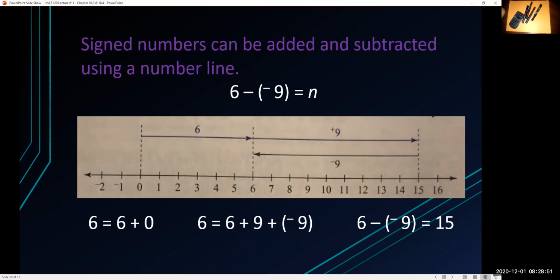So the first dotted line is associated with the idea that 6 equals 6 plus 0. That second dotted line is associated with the idea that 6 plus 9 minus 9 is going to make 0. I'm sorry, it's going to make 6. And then that last line over there is the final line, which is 6 minus 9 is 15, is that